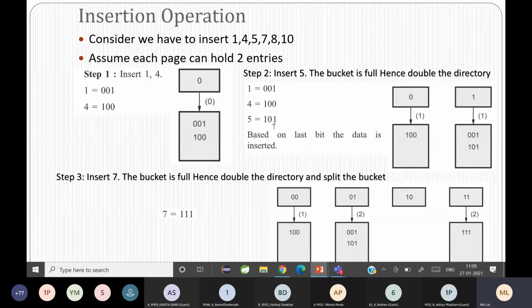Yes, ma'am. Ma'am, please repeat step 3. स्टेप 3 में देखो, स्टेप 2 देखो, अगर हमने वही बकेट यूज करने वाले हैं, 111 आप कहाँ प्लेस करेंगे, मुझे बताओ. स्टेप 3 का इमेज मत देखो, सिर्फ स्टेप 2 का इमेज देखो, और उस स्टेप 2 के इमेज में मुझे 111 प्लेस करना है. तो वेयर शुड दैट गो, 111 कहाँ प्लेस होगा?